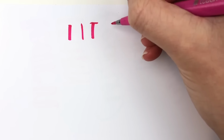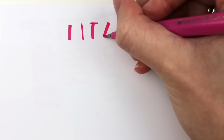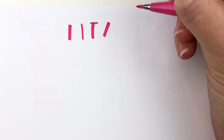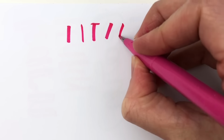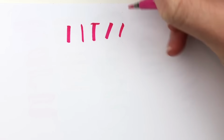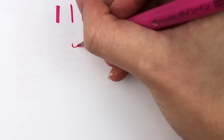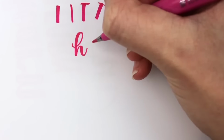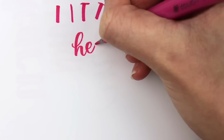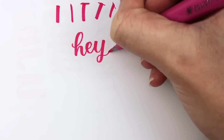So I can change my angle. That's okay. I would just change my pen. If I want a different angle, move the pen so it is still that perpendicular to the downstroke. And you can see on this one, it was not quite the right angle, and that's why I do not have a squared off top. So now you can see me letter the word while keeping my pen perpendicular to the downstroke. If I turn my pen, then I can get the different angle,